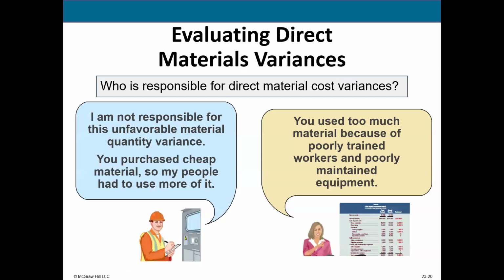Management then should be investigating why these material variances have occurred in the first place. And so management will speak to the purchasing department to investigate, hey, what happened? What caused the changes in price? What caused the changes in quantity? And so they'll have a reason for it, and then we mitigate that so it doesn't happen again in the future. So that's direct materials variances.